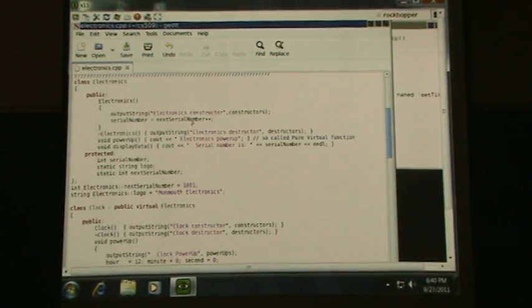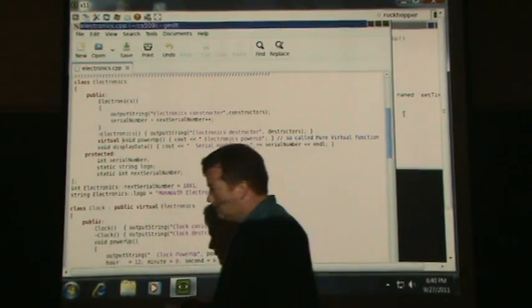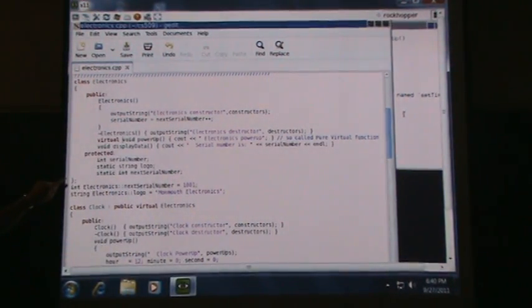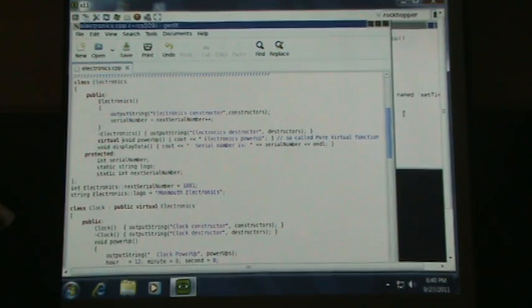Electronic power. Okay, now suppose I put the word virtual back in. It shouldn't be a big surprise here. Just do the same thing as before. Not necessarily, it's going to check if it's there, and if it's not there... now it's not a pure virtual function, but it is virtual. We'll call the power up method within that one. But if we didn't, then it would call the base. So if the way we're referring to it is with a pointer, and that's the type